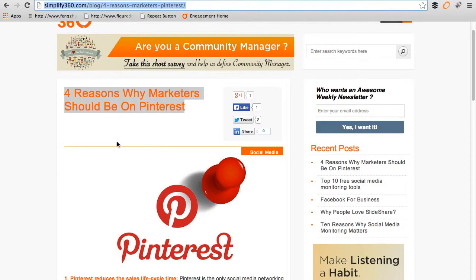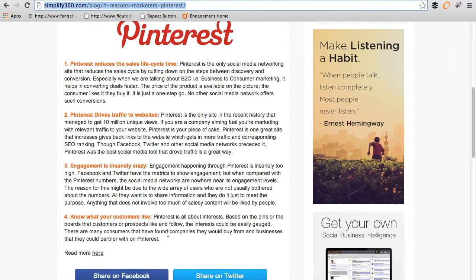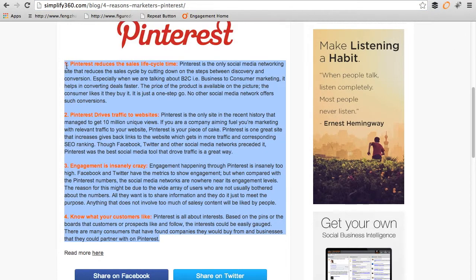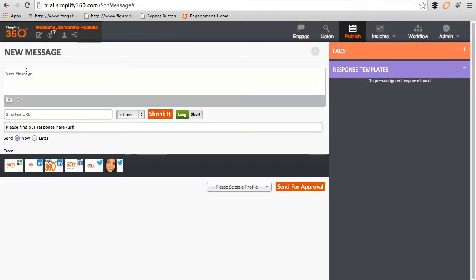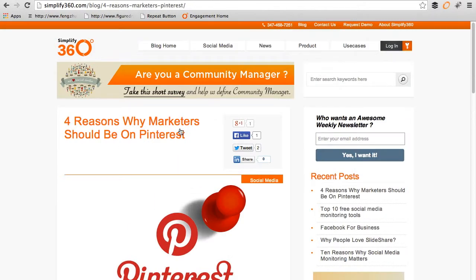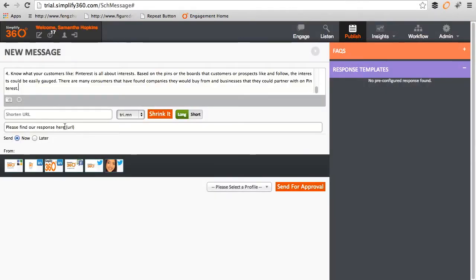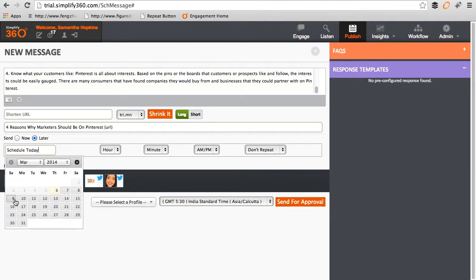Now this is especially the case with Twitter, which has only 140 characters, and if you want to send or publish this long message, I can go click on long, paste my message here, and let's say this is a headline, so I can choose my headline, and then I can put it here. Now I can choose to schedule this one as well for Sunday